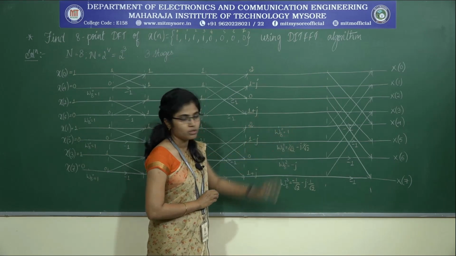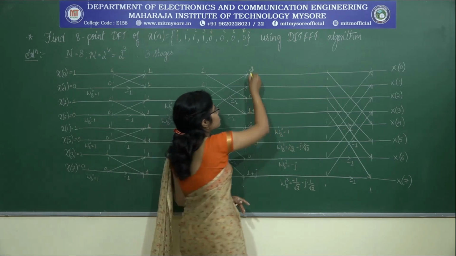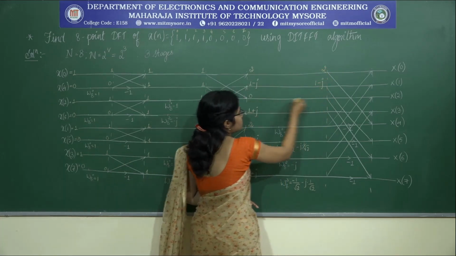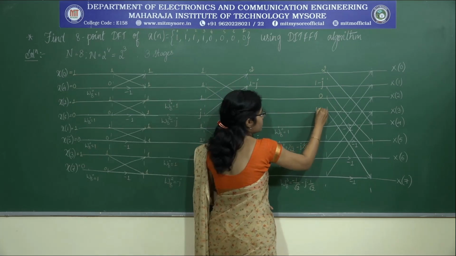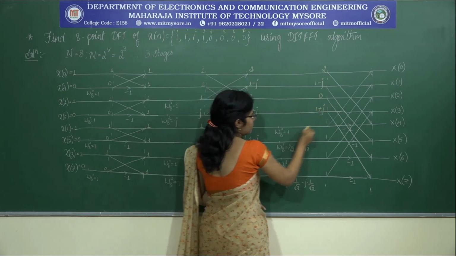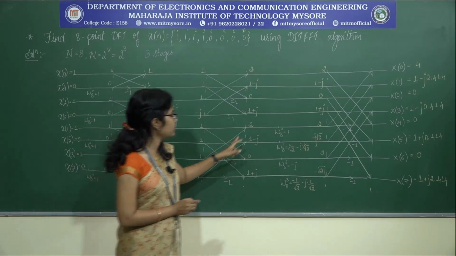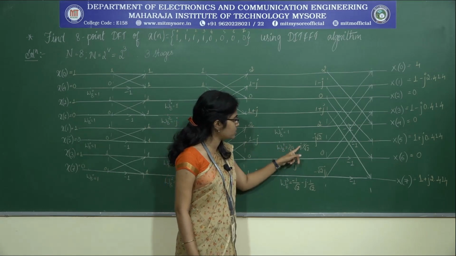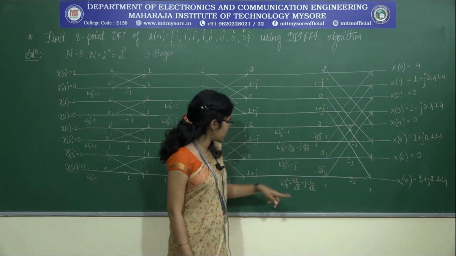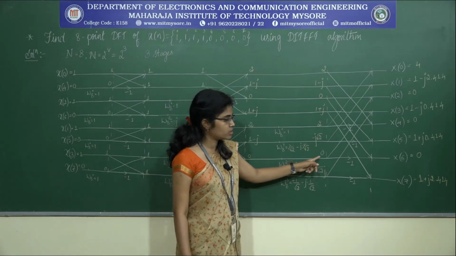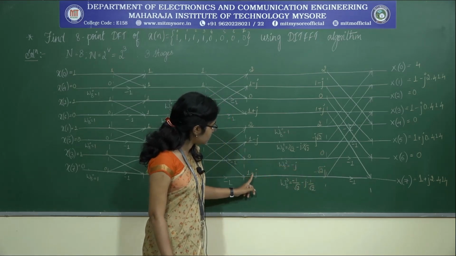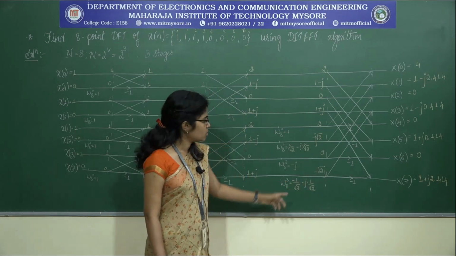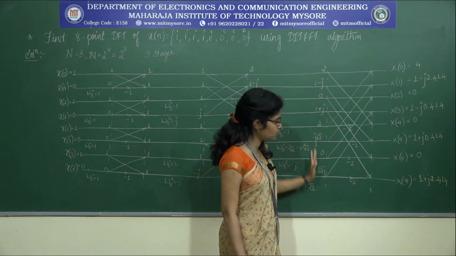Let us try to give this as input to third stage. So 2 comes directly here. 1 minus j comes here, 0 comes here, 1 plus j comes here, 2 multiplied with 1 comes here. If I multiply 2 with 1 gives us 2. Again multiplying 1 minus j with 1 by root 2 minus j by root 2 gives us minus j root 2. Multiplying 0 with minus j gives us 0. Multiplying 1 plus j with minus 1 by root 2 minus j by root 2 gives us minus root 2j. Okay. So now we got the input to third stage.